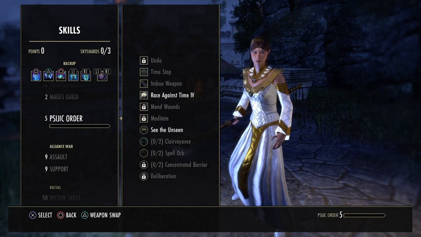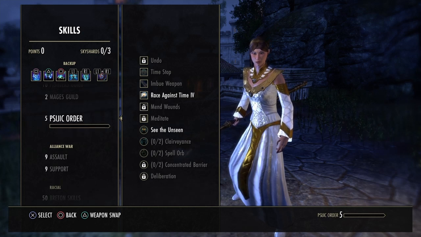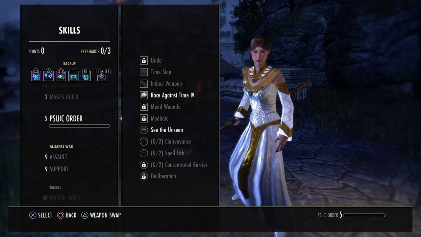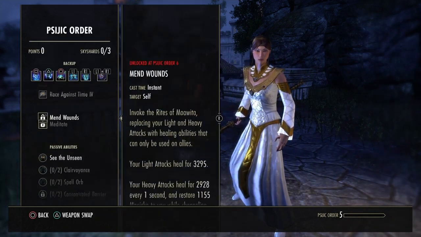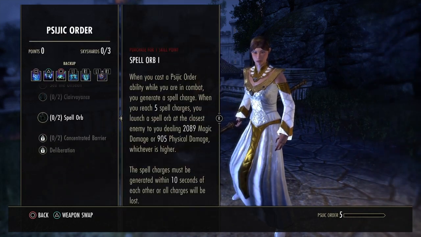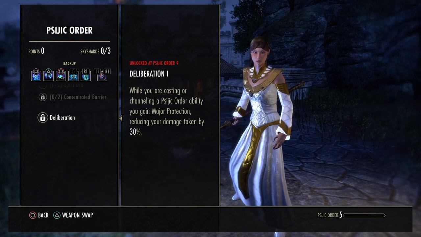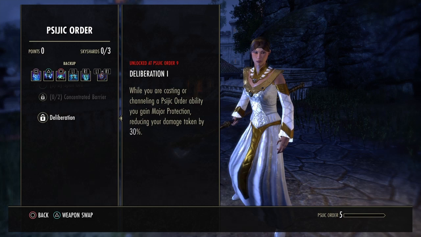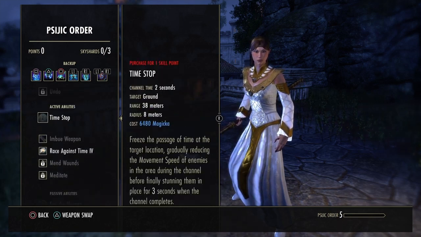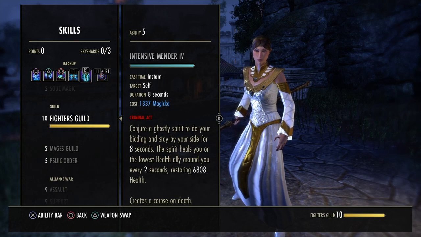I don't have all these Psijic Order passives, I haven't gone out of my way to get these. I've done a lot of grinding and a lot of testing, so I just haven't been bothered yet. But they are really nice passives. Some more reduced cost for your Psijic. Little spell orb gives you some extra damage, but the big one here is the damage shield and the major protection you're going to get when you finish it out are extremely nice. So I do recommend finishing that Fighters Guild because our